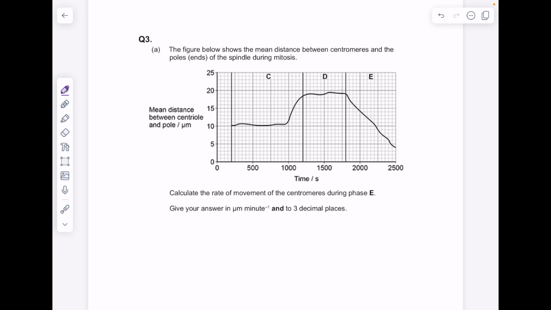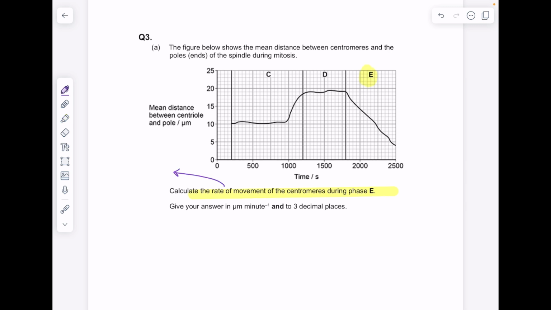The figure below shows the mean distance between centromeres and the poles of the spindle during mitosis. Calculate the rate of movement of the centromeres during phase E. So zooming in on this phase,